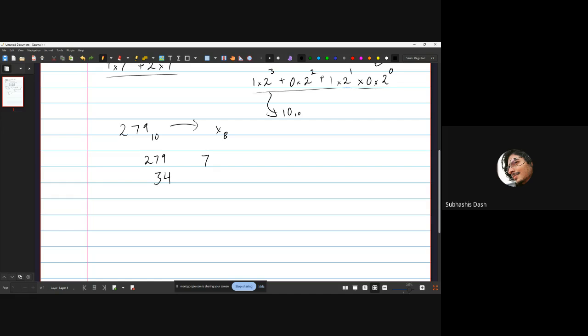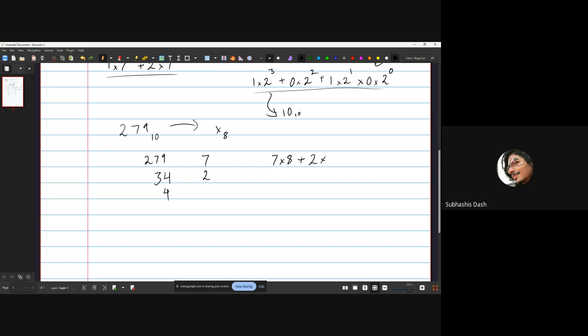Okay, so after that we can just go once again. So it will become 4 with 2 as the remainder, and after that this is the remainder in itself. So what we can conclude from this is that it is 7 times 8 plus